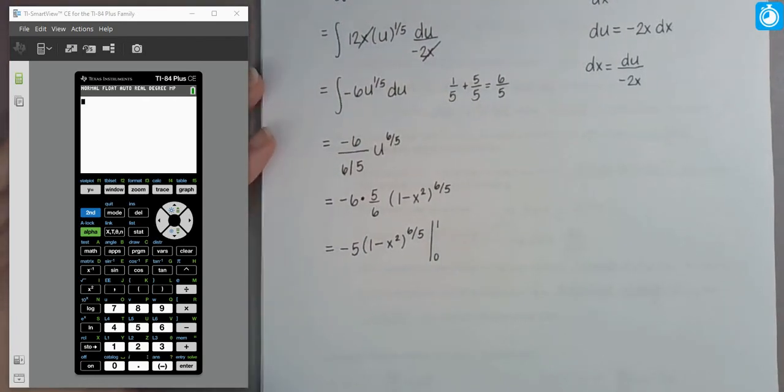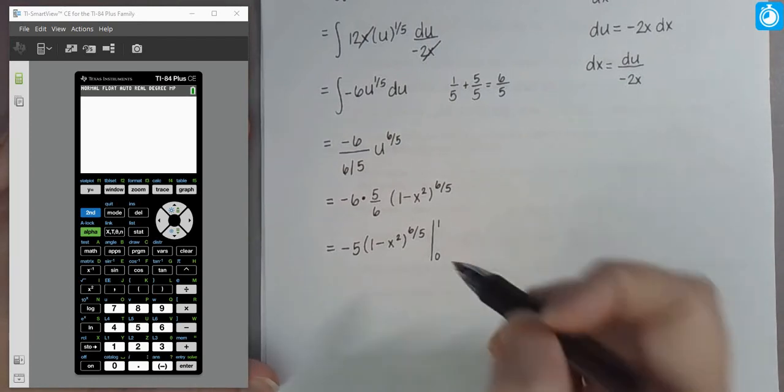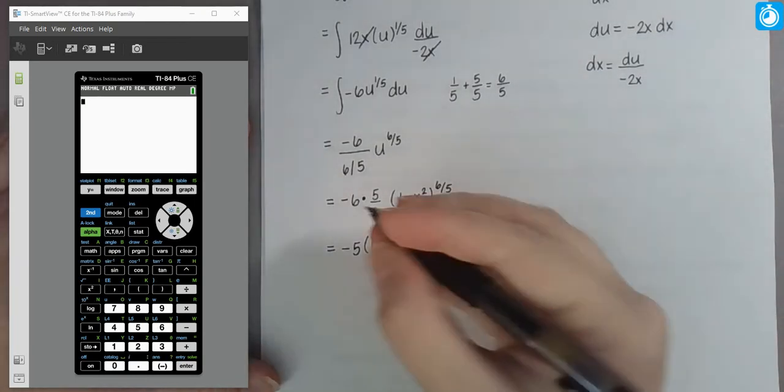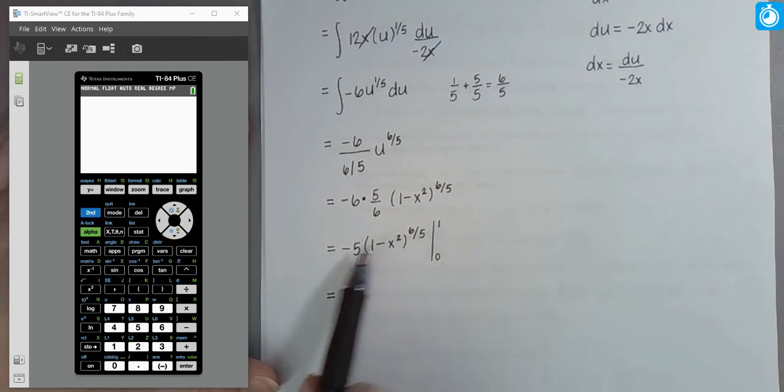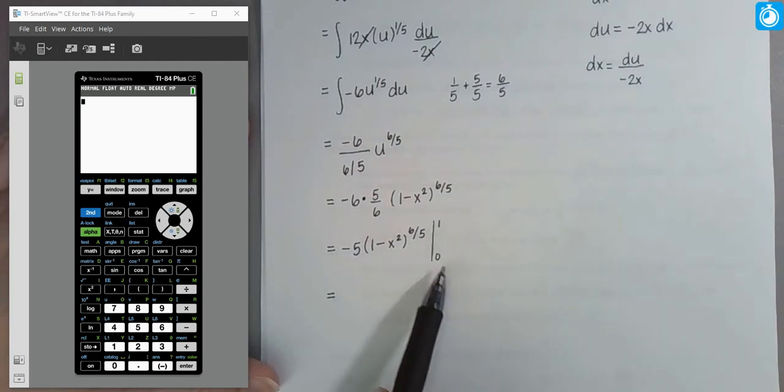In other words, imagine the original function representing its graph. And imagine finding the area under the curve from 0 to 1. That's essentially what we would be doing at this moment. So I'm going to evaluate this with an input of 1 and then evaluate with an input of 0 and